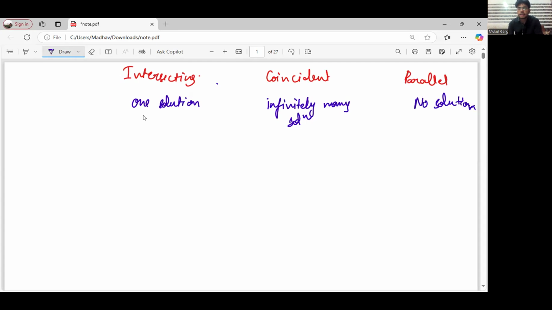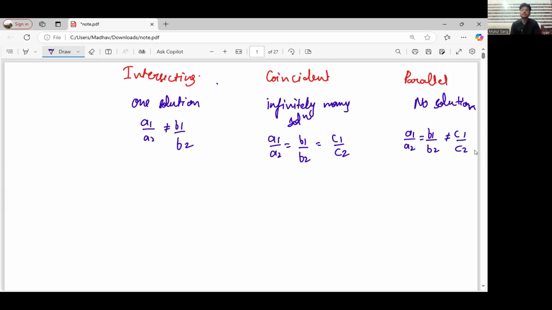And the algebraic conditions were, in case of intersecting lines, a1 upon a2 does not equal b1 upon b2. For coincident lines, the algebraic condition is a1 upon a2 equals b1 upon b2 equals c1 upon c2. And finally, for parallel lines, a1 upon a2 equals b1 upon b2, but does not equal c1 upon c2. So these are the algebraic conditions. And these conditions are really important because we are going to solve some really interesting questions that were already asked in the board examinations. So let's get started